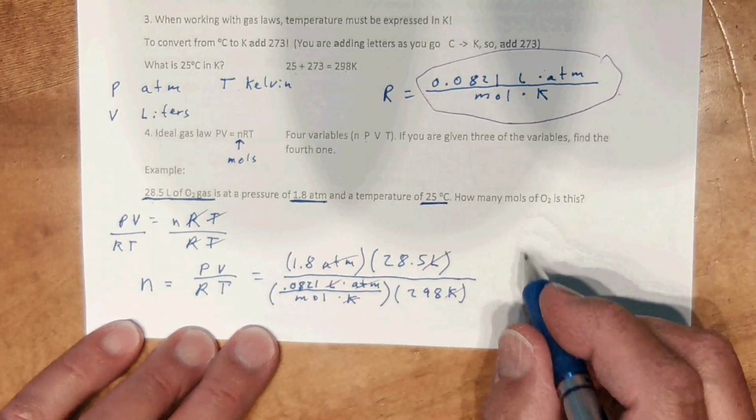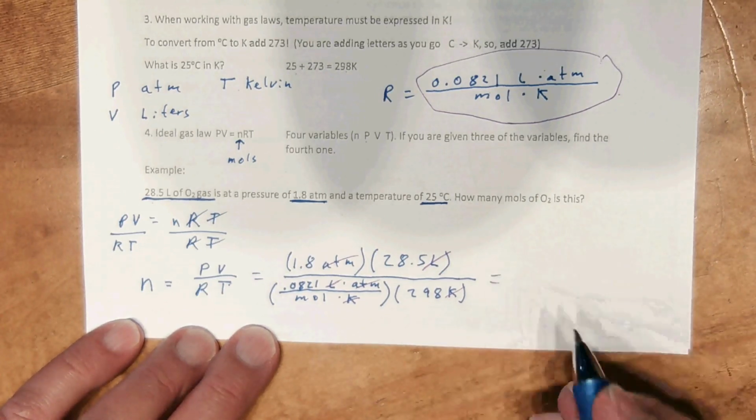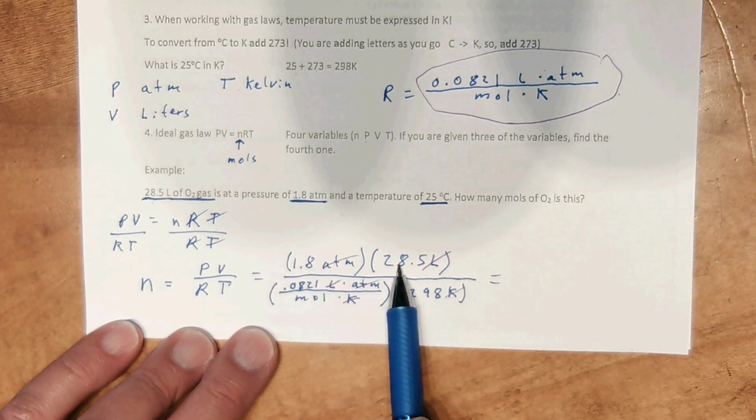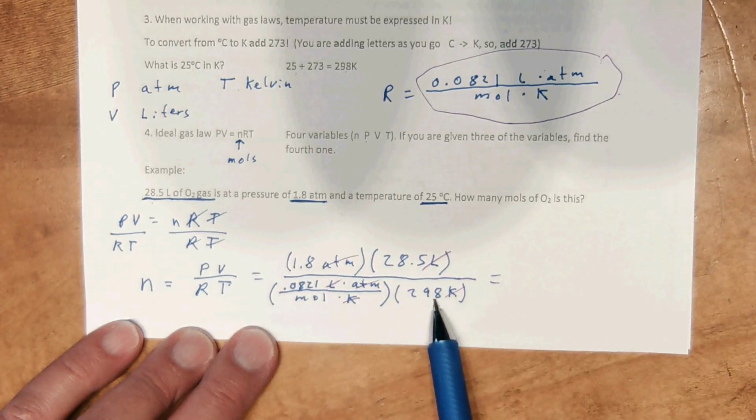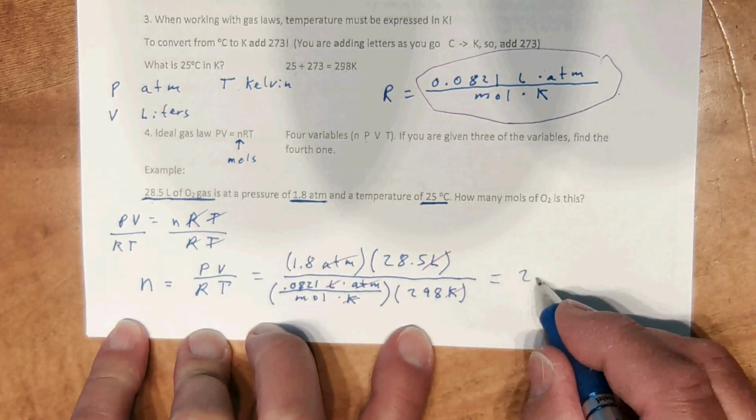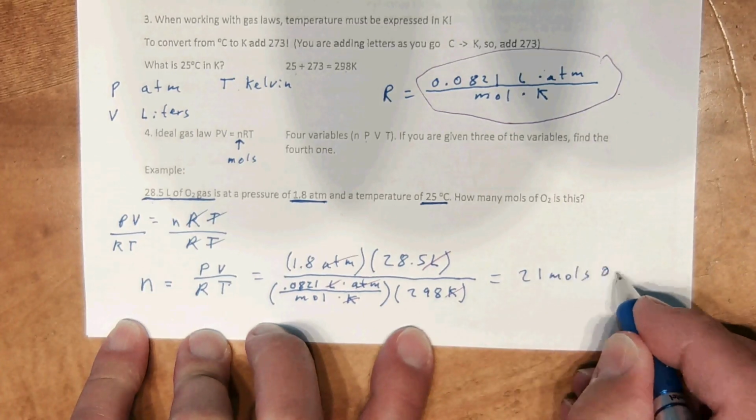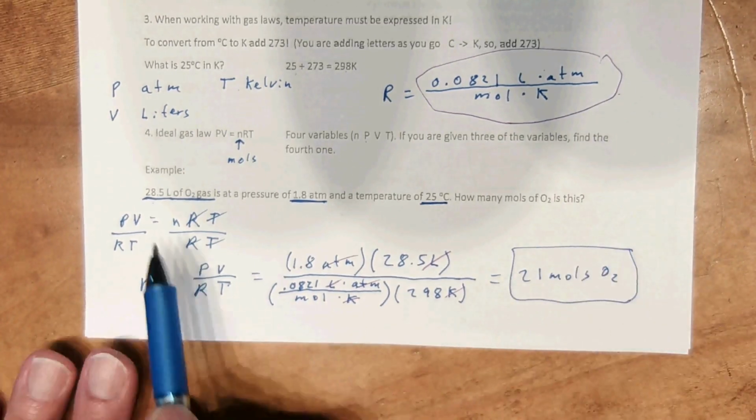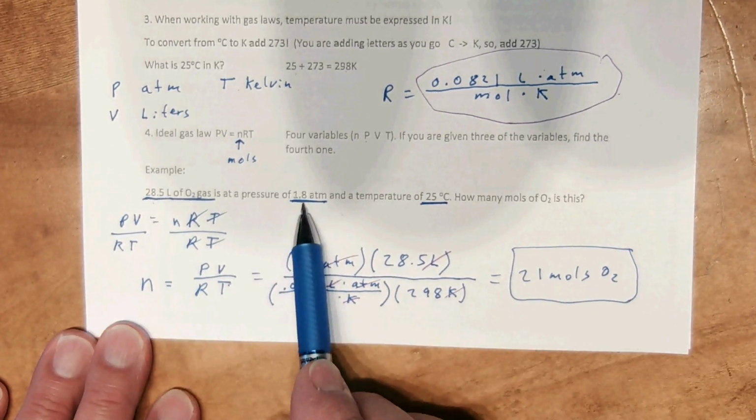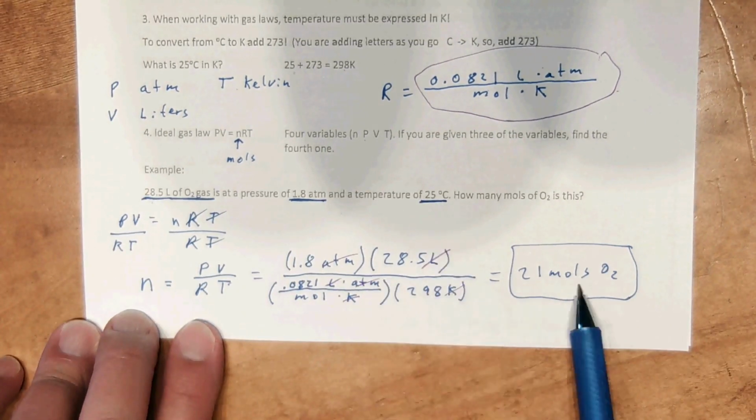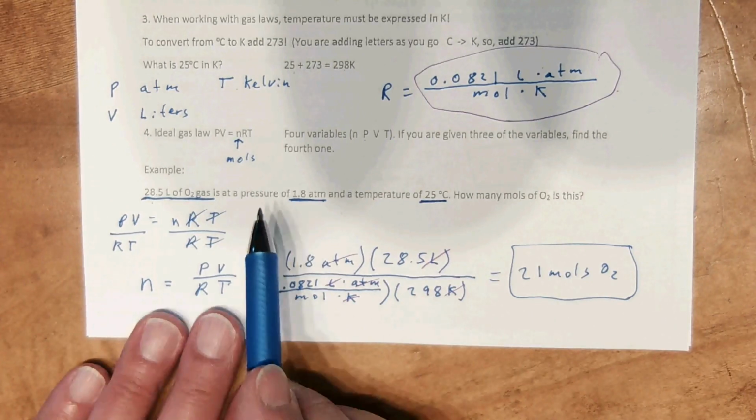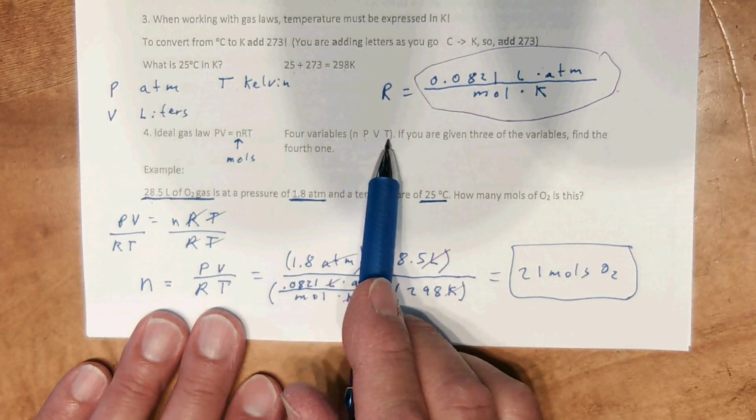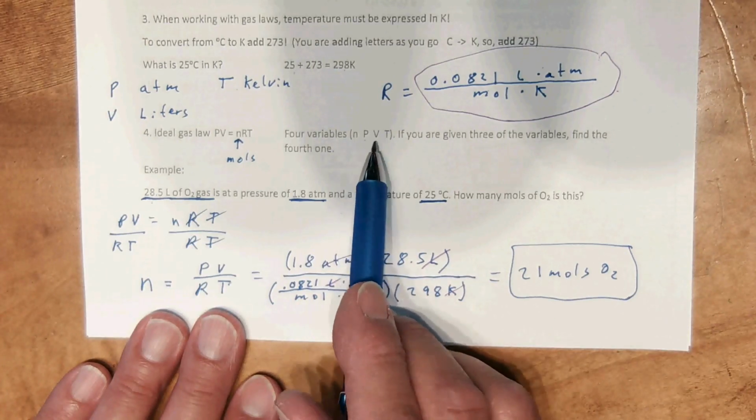moles. So if we run this through our calculator, we do 1.8 times 28.5, divide by this number, and then divide by the 298, and we'll end up with 21 moles of oxygen. So if you've got a container with this volume, this pressure, this temperature, and it's holding oxygen, it is holding that much oxygen. And that's the ideal gas law. Again, it's just an equation that relates these four variables for a gas: moles, pressure, volume, and